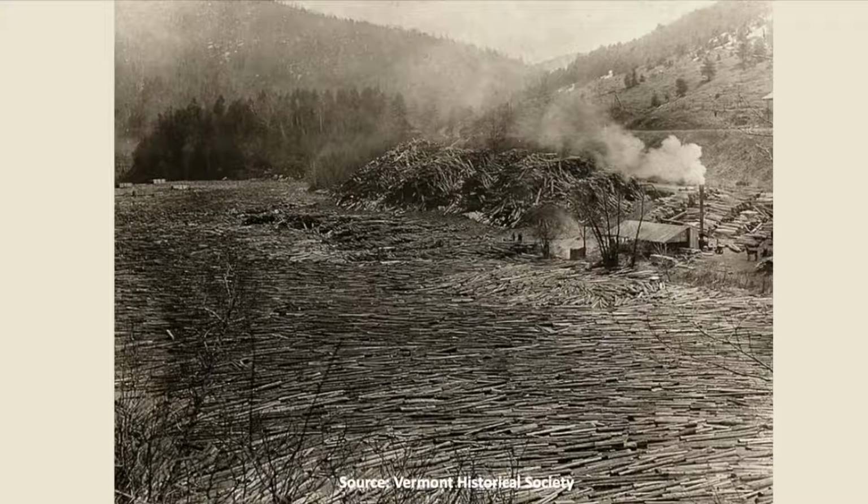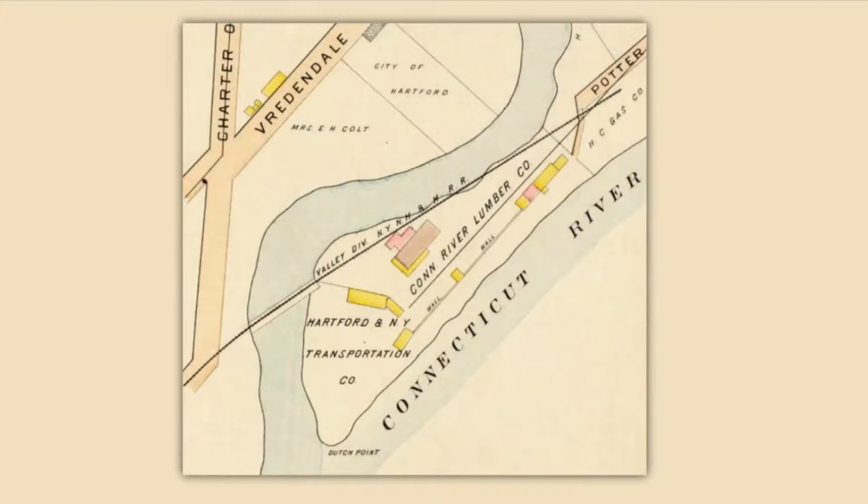Unquote. As time went by, the loggers used dynamite to more efficiently break up big log jams. In about 1879, the Hartford Lumber Company was succeeded by the Connecticut River Lumber Company, whose partners continued to drive